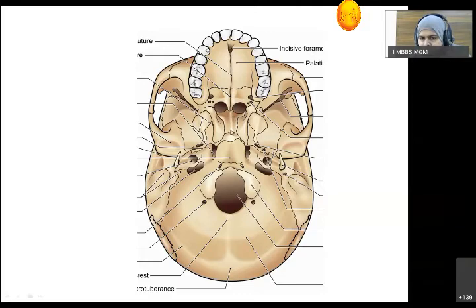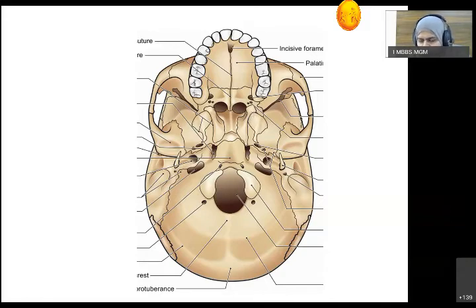This is the perpendicular plate of the vomer, or vertical plate of the vomer, which on its upper aspect divides to form two alae, which articulate with the body of the sphenoid bone. Okay. Just lateral to it, there is the pterygoid process, which gives rise to two plates. The medial one is known as the medial pterygoid plate and the lateral one is the lateral pterygoid plate. On the medial pterygoid plate, there is one projection which is known as the pterygoid hamulus, which gives attachment to the pterygomandibular raphe as well as the superior constrictor muscle of the pharynx.